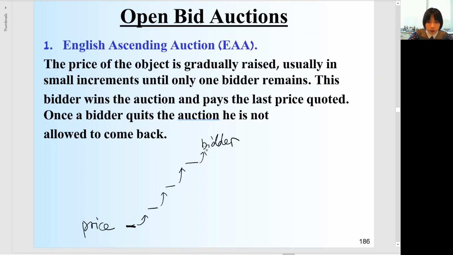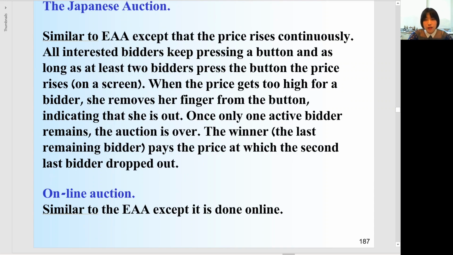Then this bidder will win this item and pays the last price quoted. And once a bidder quits the auction, he is not allowed to come back. And if the price increases continuously, we call it a Japanese auction.